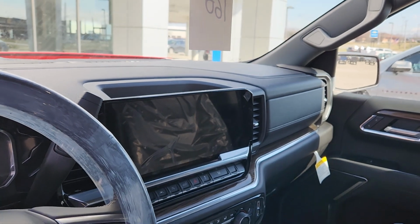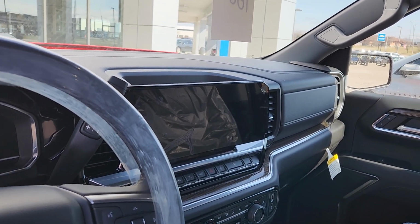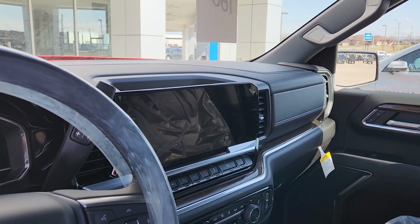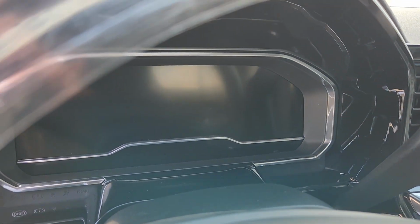Of course, you're gonna have Apple CarPlay, Android Auto streaming. You can run your navigation through Waze. You guys know I like Waze because I know it tells me where the cops are. Or if you're a Google Maps person, you also have a 12.3-inch digital control center,